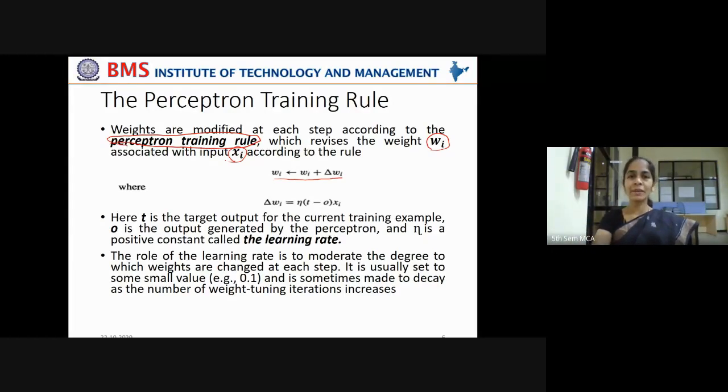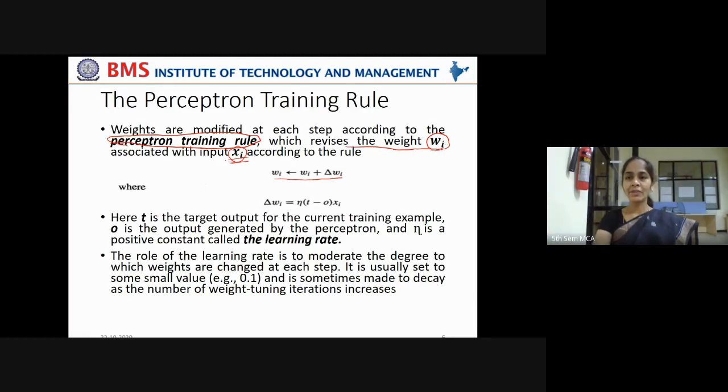Students, listen carefully. Weights are modified at each step in order to arrive at an acceptable weight vector according to the perceptron training rule. What does it do? It revises the weight Wi associated with input Xi. You're okay with this, right?